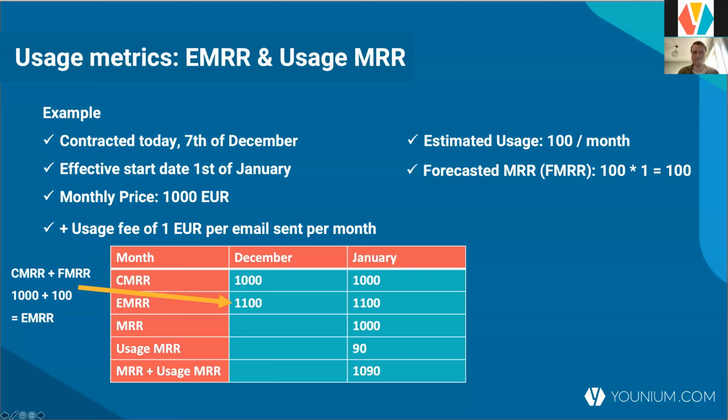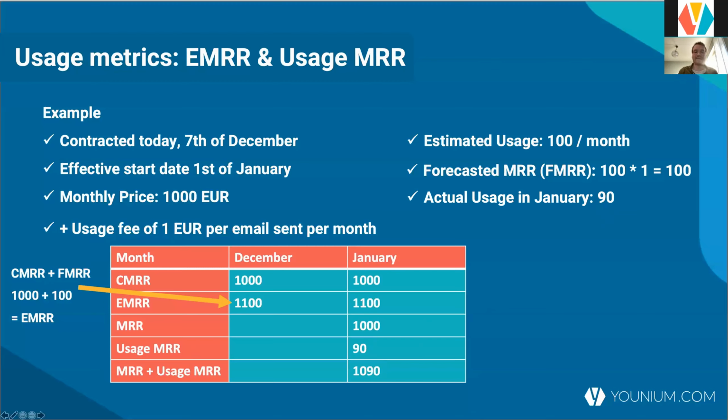So let's say also that for now in December when we contract them, we obviously don't know how much they're using because they haven't started our service yet. But let's say that they start in January and January actually passes. And now we know the actual usage in January to be 90. So you can see here, we have our regular MRR that we know and love. But then I've introduced this usage MRR. Separated from the MRR, we can look at the usage MRR according to what they actually used. They sent 90 emails times the price of 1, and that's the usage MRR. Then we can add those two together in our reporting and say, okay, the regular MRR combined with the usage MRR is then